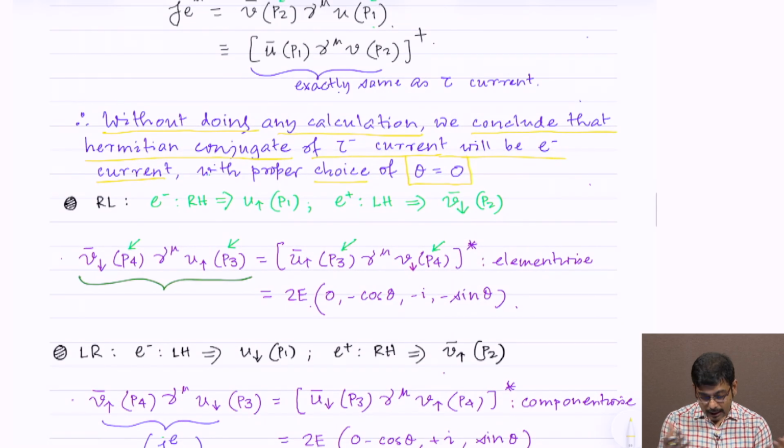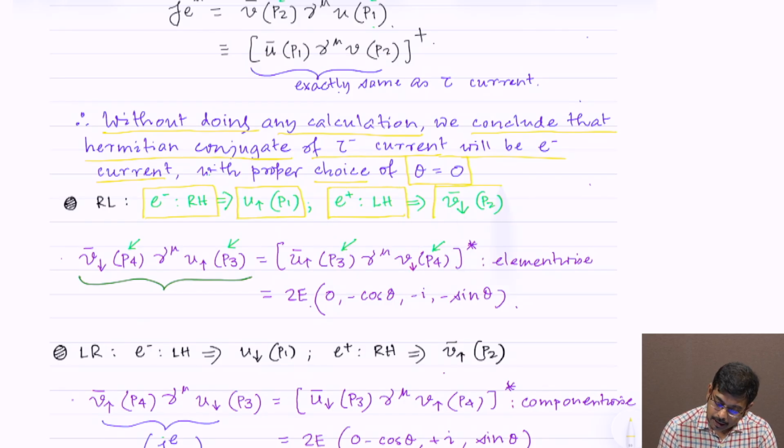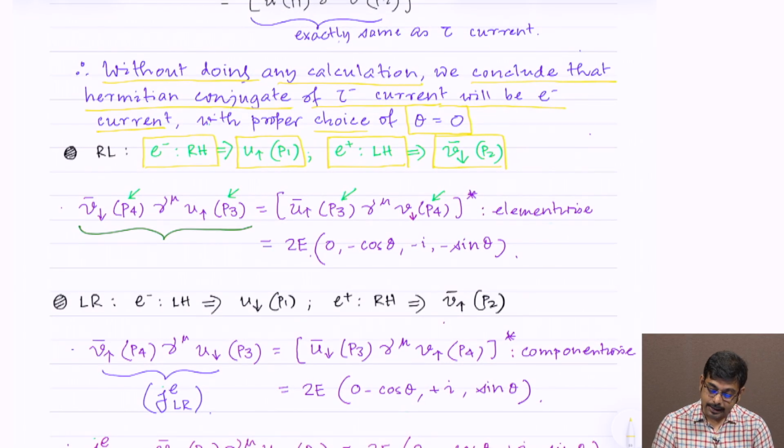Correct. So let's look into the RL configuration. What does RL configuration mean? Now I mean that the electron is essentially right handed, that means I have U up P1, and the positron is left handed, that means it will be represented by V bar down P2. So therefore what I am looking for is actually V bar P2 gamma mu U up P1, but let's actually